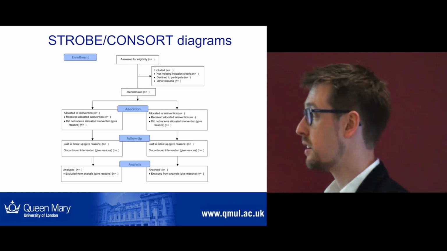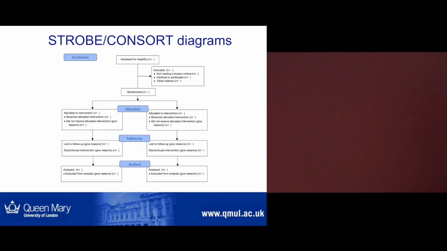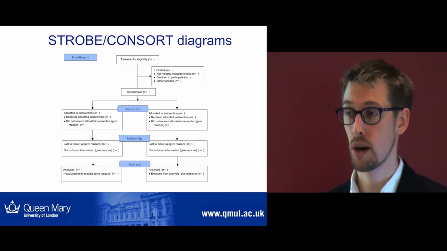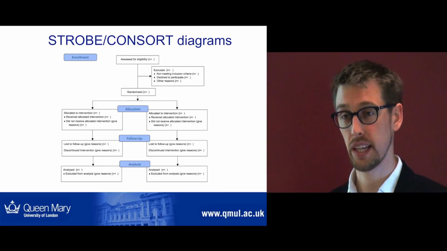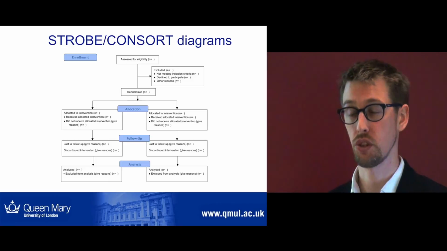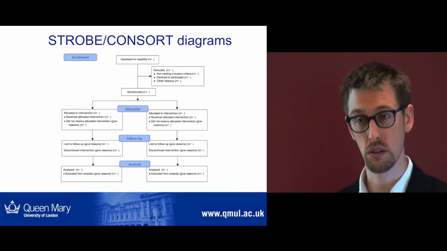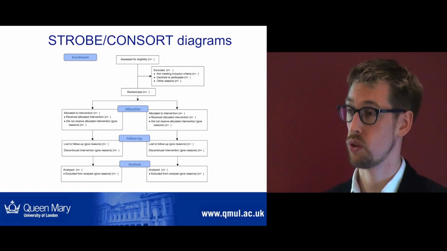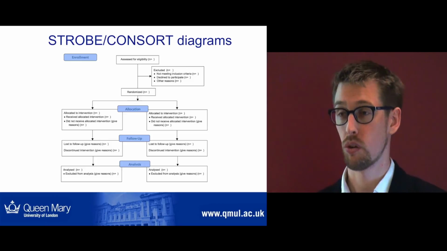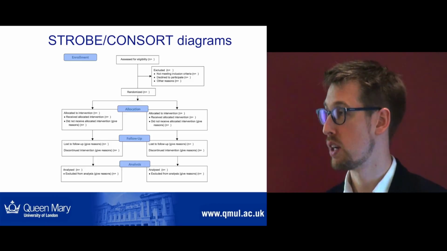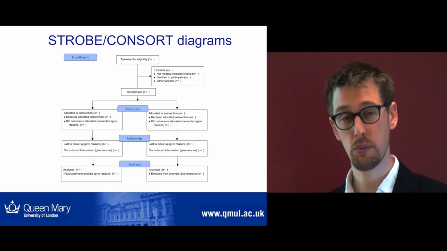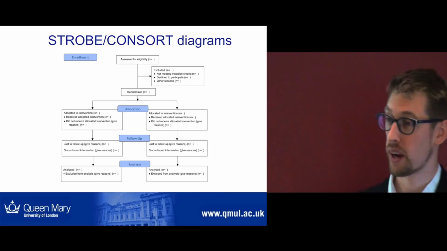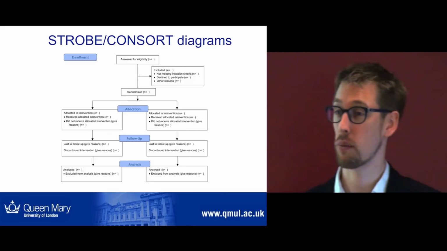So this slide has come up quite a lot over the last 2 days, but I think it comes up because it's really important. So look at the standardised reporting requirements and make sure that on your checklist for whatever study you're doing, whether it's the STROBE guidelines for your cohort study, or your CONSORT guidelines for your randomised control trial, or your PRISMA guidelines for your meta-analysis. Have a look and see what's on that checklist before you do the research, when you're planning it, to make sure that you're ticking off all the boxes,